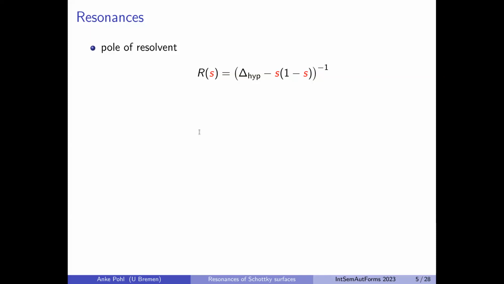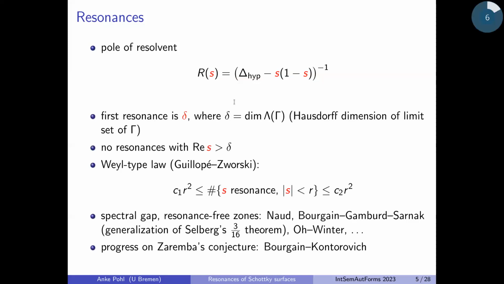So we will be a bit more flexible and consider also kind of generalized eigenfunctions. And what we are mostly interested in is not the eigenfunctions themselves, but the eigenvalues, or more precisely spectral parameters belonging to them. So what we look at is the resolvent of the hyperbolic Laplacian, which is written down here. And we split the eigenvalue into s times 1 minus s, so kind of in physical space. So we talk about spectral parameters, and then this resolvent has a meromorphic continuation to all of C, and the poles of this resolvent in the meromorphic continuation, this is what is called a resonance.